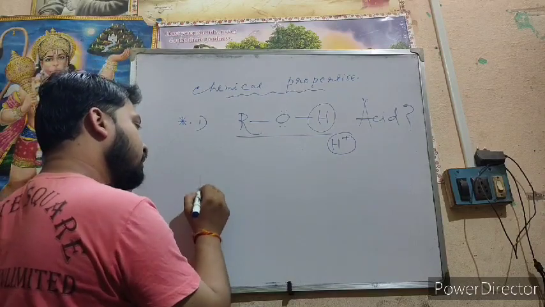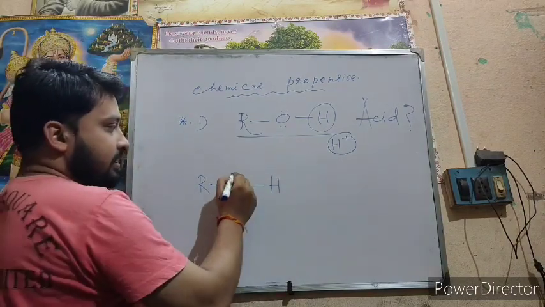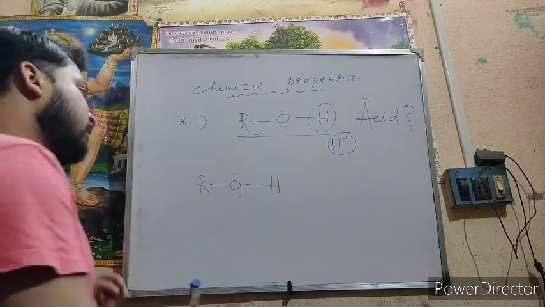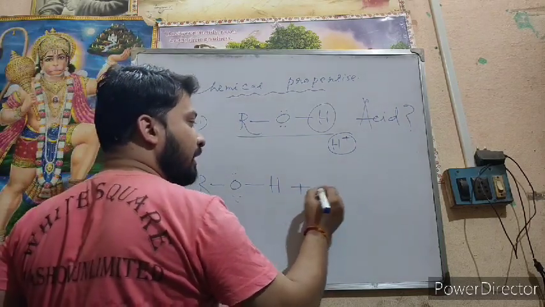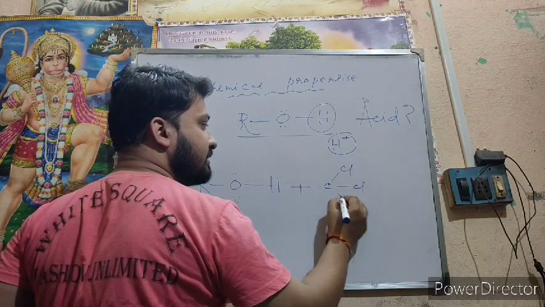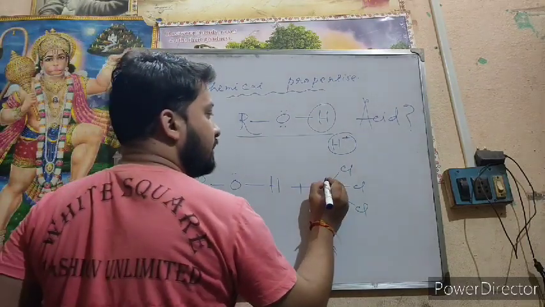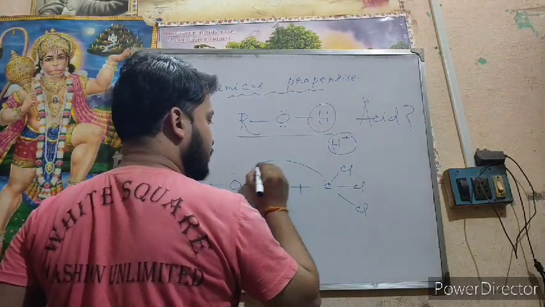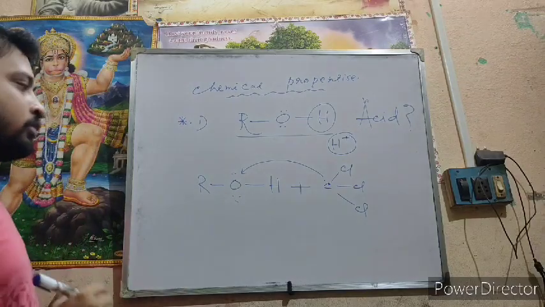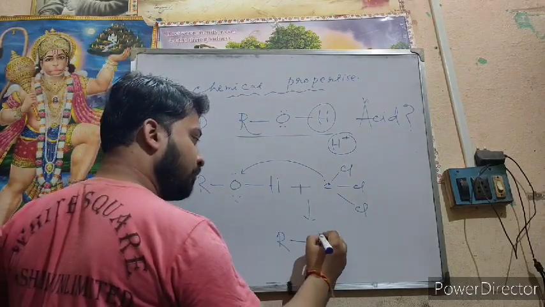So now I take this ROH, that is alcohol, due to the presence of the OH group, and you take Cl and you attack this. So the product is ROC